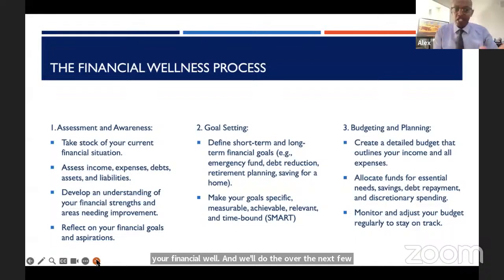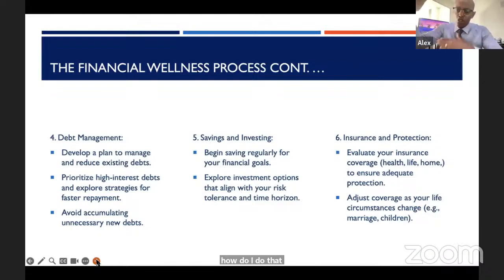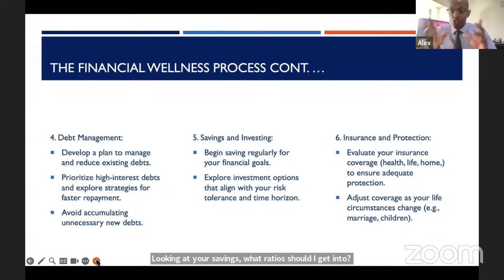We'll help you understand that process of being aware of yourself, setting goals, budgeting, debt management. How do I do that? Looking at your savings, what ratios should I get into? All those kinds of mixes. We are going to take you through that, because financial wellness is being in total control of your resources,